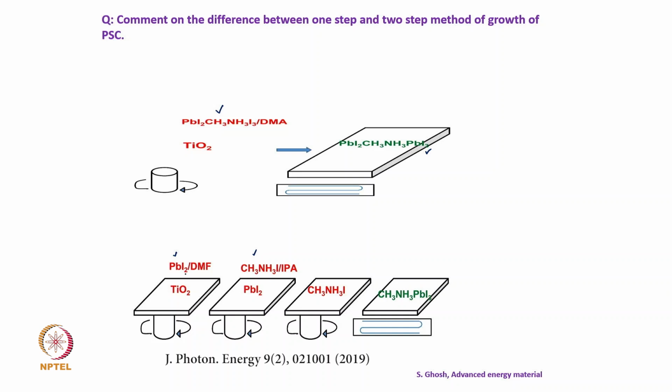So, this is TiO2, on TiO2 you coat it, do spin coating. This is now on top of PbI2. Once PbI2 is grown on TiO2, then you drop this solution of CH3NH3I dissolved in IPA and coat on top of PbI2, eventually making CH3NH3PbI3. Okay. So, these are the basic differences when we talk about single step and double step methods of coating